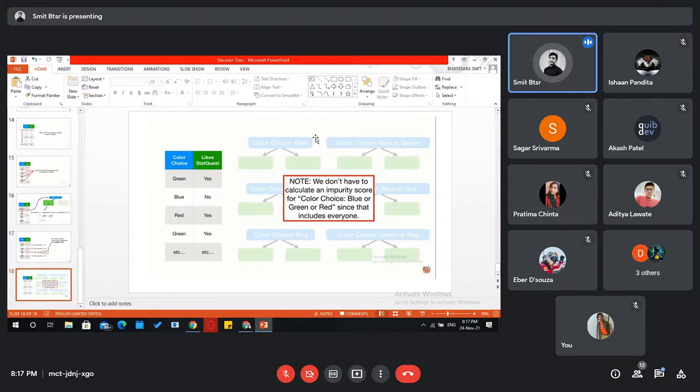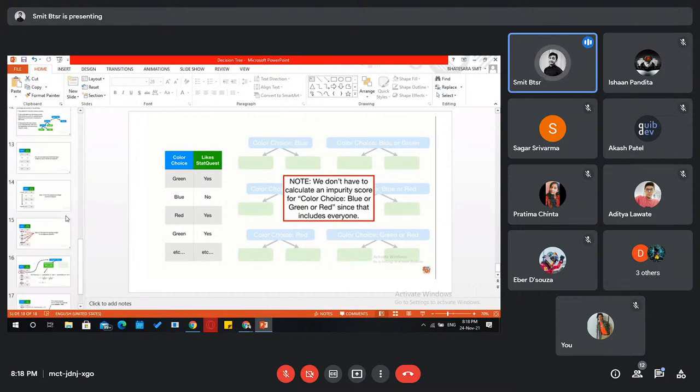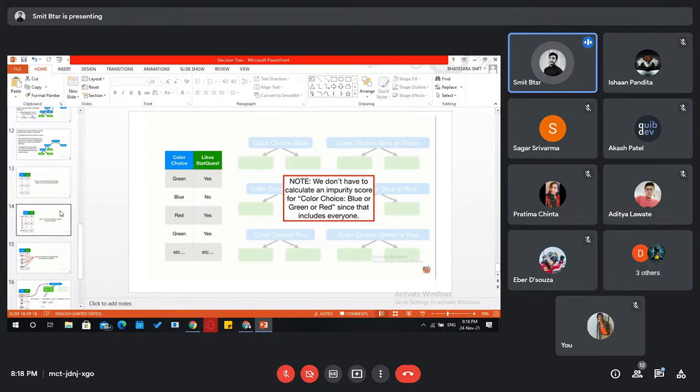Like here, these are all different, separate trees. So there is no dependency on any of them. Someone liking green and someone liking blue are totally different persons, so we have to make choices accordingly. So here you can see there are different trees, and we do not need to find any impurity there. I hope it's clear till now. It's pretty much that much only in decision trees.